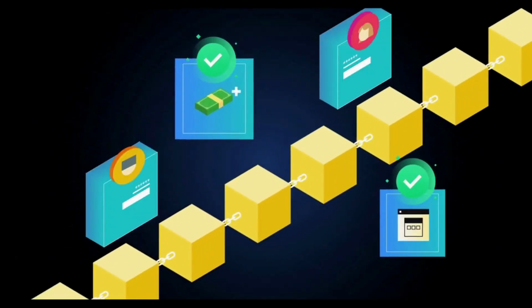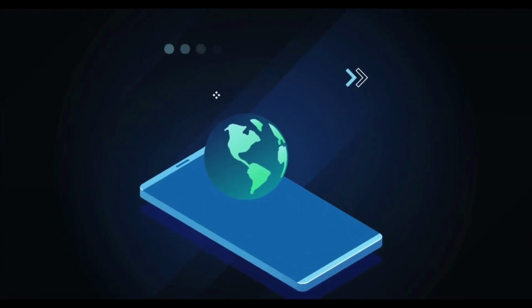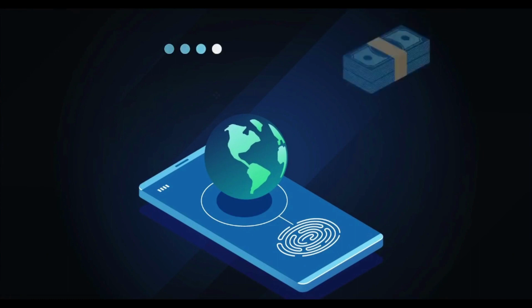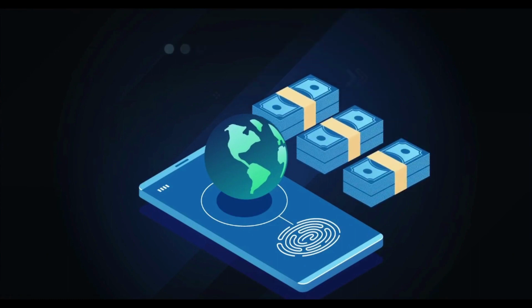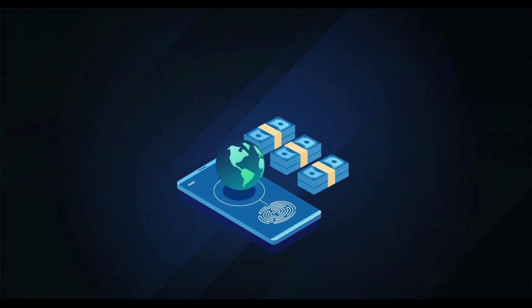Sending money via blockchain can be fast and incur low fees. Many countries have or are considering issuing central bank digital currency, also known as CBDC. It's the digital form of a country's fiat currency. This could have a huge impact on the remittance market and the global financial services market.